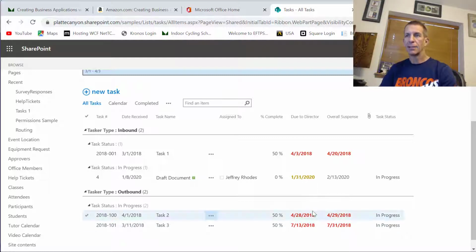So you see, this is the one I used in the book, so it's got some old dates in it, but I just put a new one in. So you can see that it's due the 31st of January, but the overall suspense is not passed, so it's a normal color. So the way we do that is that we first set up our